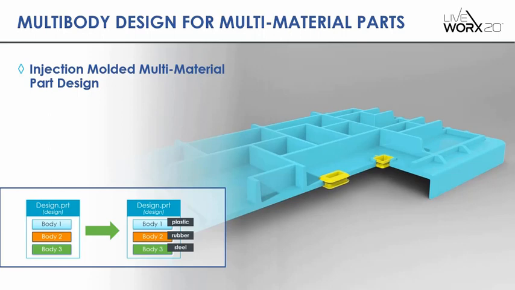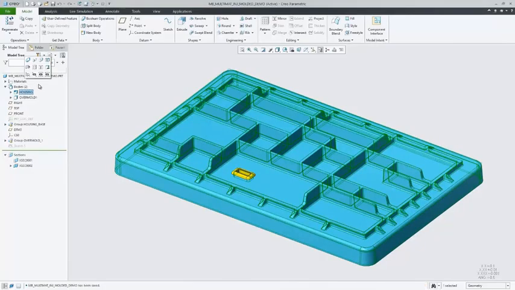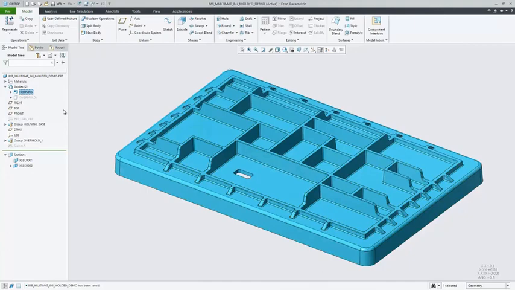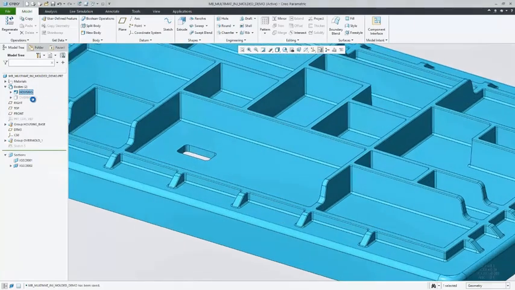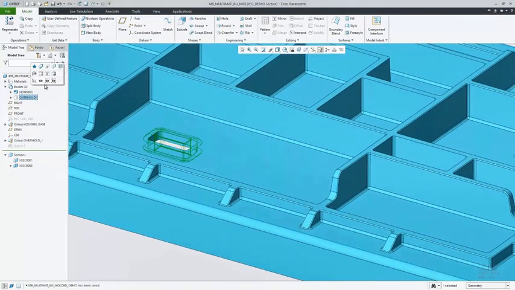When designing these multi-shot multi-material injection molded parts, you can assign material per body. This allows you to combine the design of the main piece created by the first shot in injection molding with the design of the overmold piece for the second shot in injection molding within the same part context. This makes the design of injection molded multi-material parts easier, where you can take advantage of a broad range of